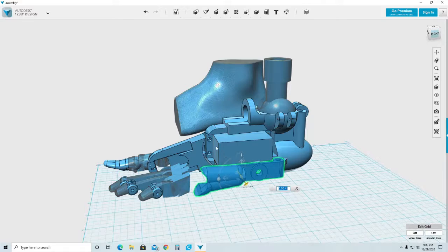And that way I can work on another one. And I'm going to move it the same distance, 8 inches to the side. That way I can go back if I need that file, if I need that part. So on this one,